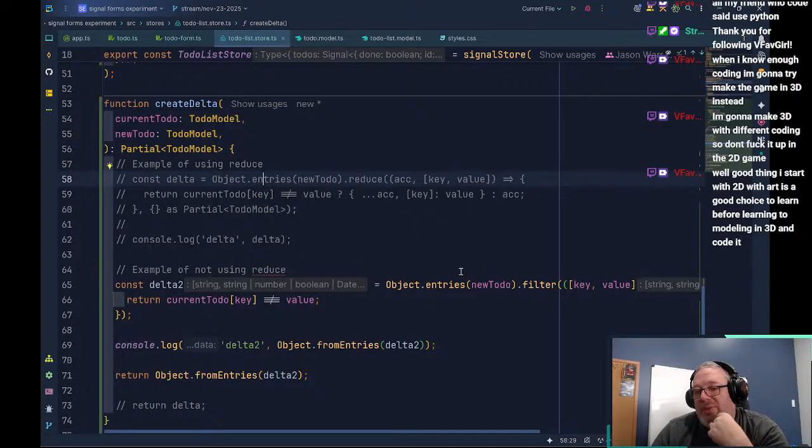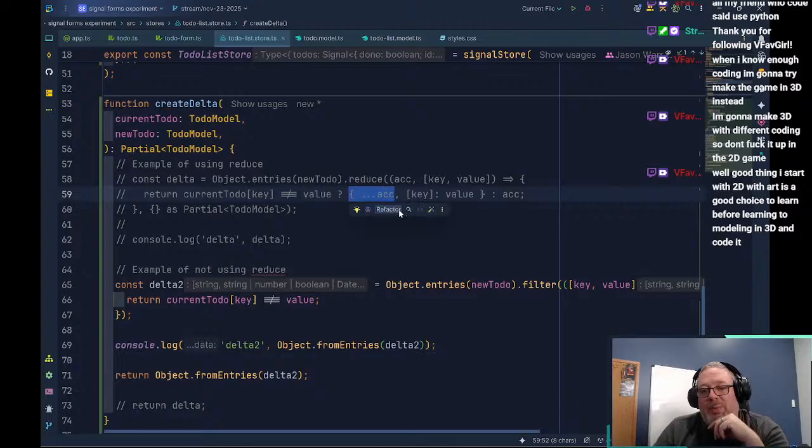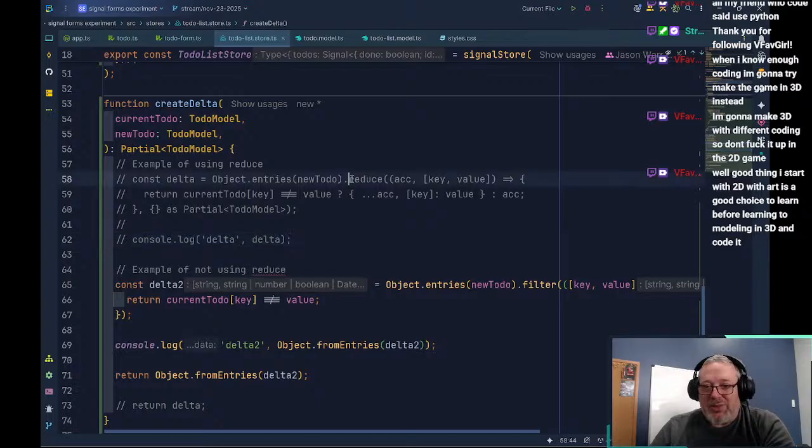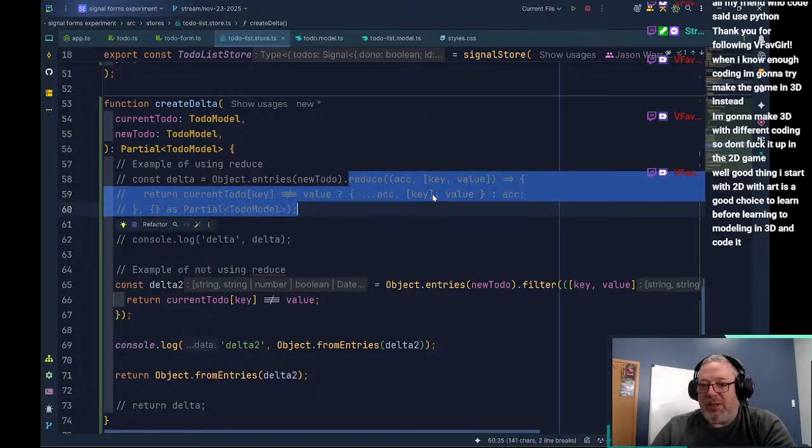that makes filter superior. So with the reduce method, in the worst case scenario, let's say that every key, like, we changed everything, and let's say we've got like 1,000 keys, right? This spread operator here is going to iterate through every one. So this reduce could potentially become an O(n squared) operation.